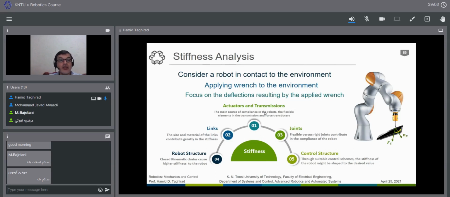If you go to the instrumentation part of the robotic manipulator system, you can see that if you would like to measure a force or a torque, a wrench, completely a wrench, you need to have a flexible element. And that flexibility will cause some reduced stiffness or compliance to the system. Also, the transmission, the most significant transmission type that is usually used nowadays in robotic manipulators, is harmonic drives. And harmonic drive is a fully flexible